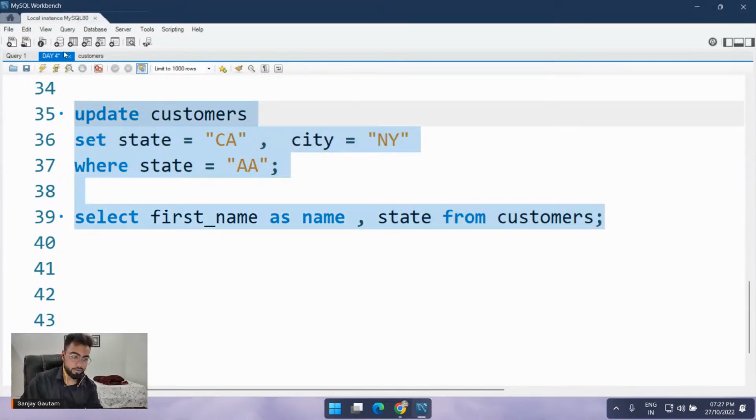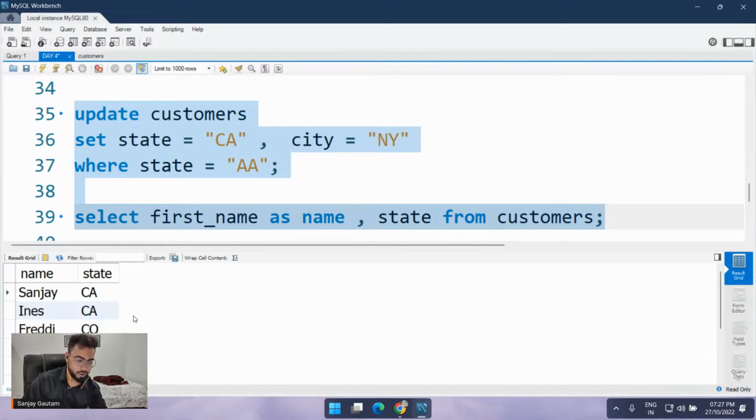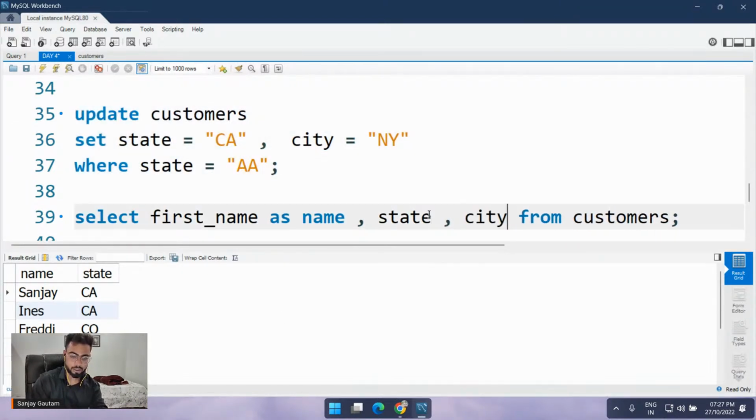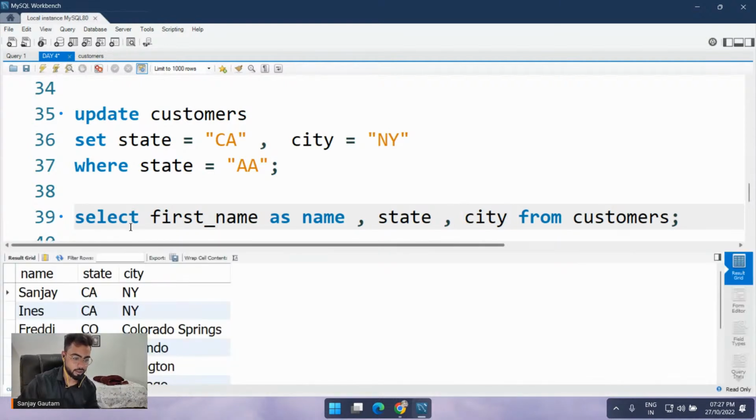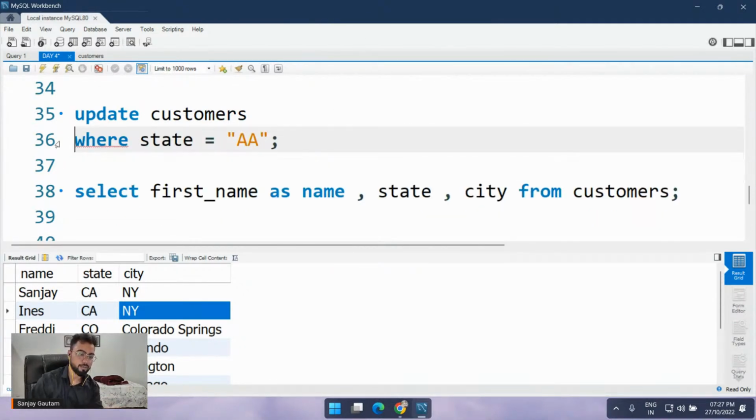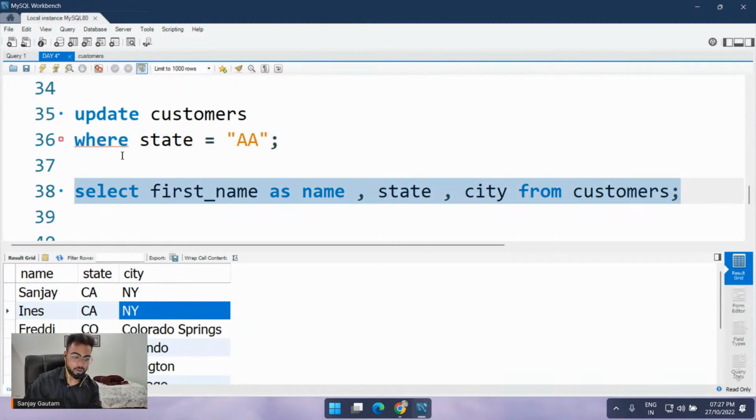And now let me select everything and execute this to see. Let me also select the city so that we can see the city as well. See, all the states are changed to CA and NY. So that's very easy and very straightforward. And you can do the same thing to delete something. So instead of updating, what you can do is just type here